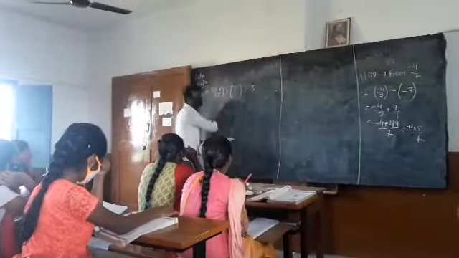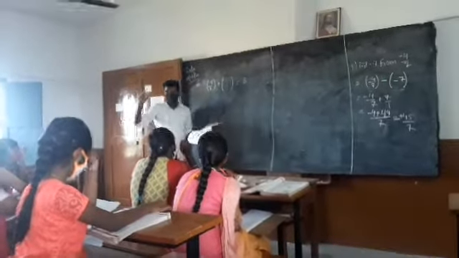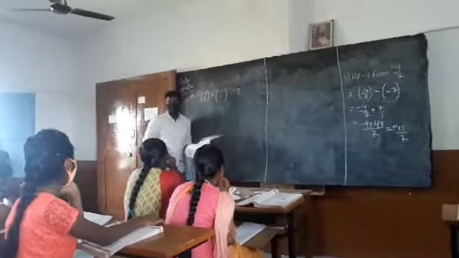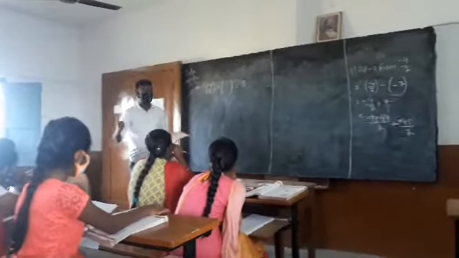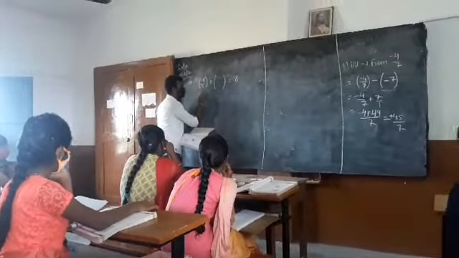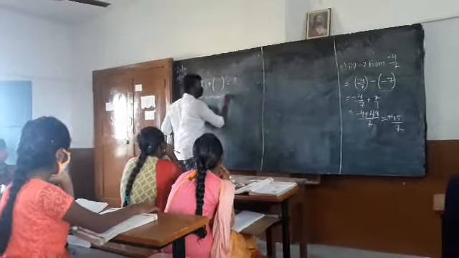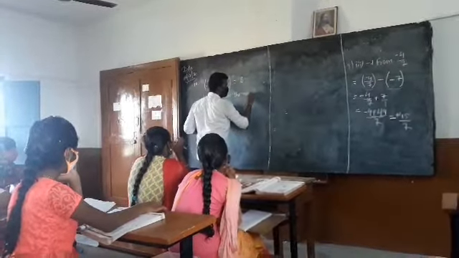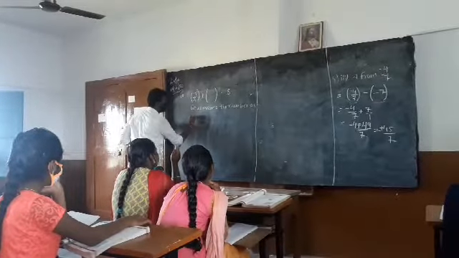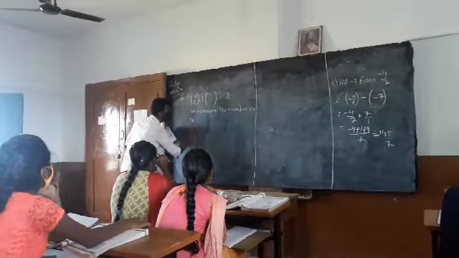There are two rational numbers. Among them, minus 5 by 6 is one of them. And if you add these two, you will get 8. That is what he meant. He asked us to find out the other number. Let us assume that number as x. That means fill this gap with x.